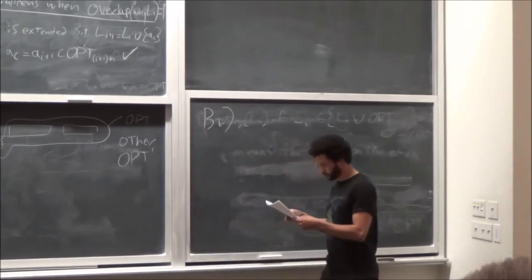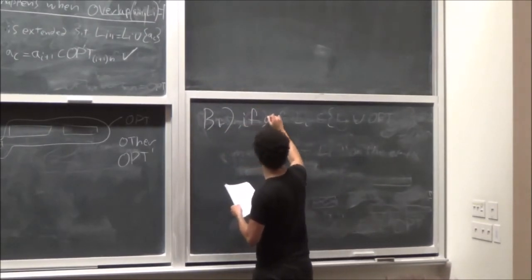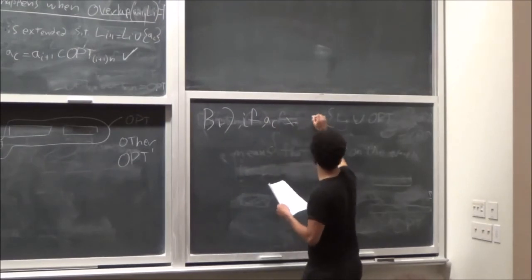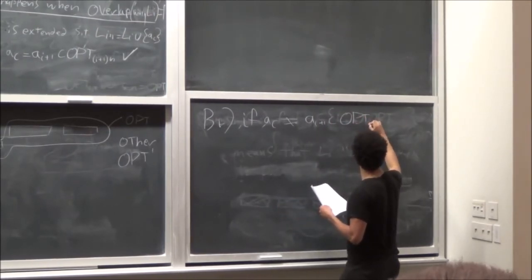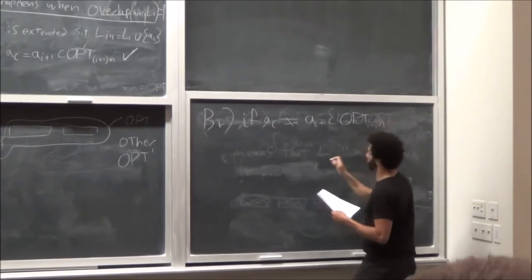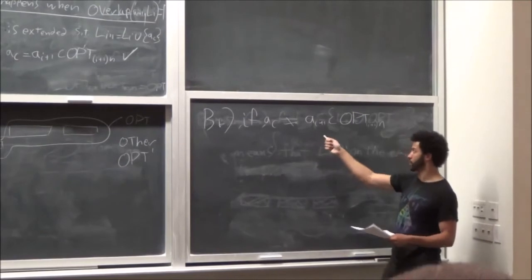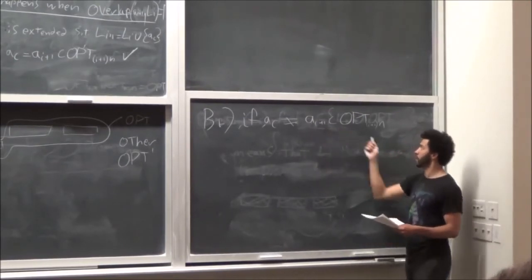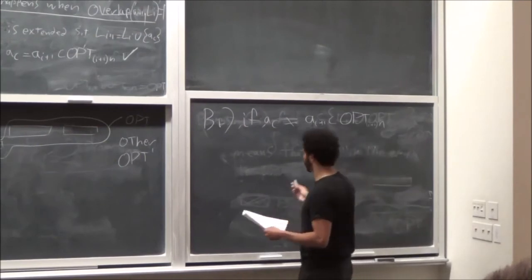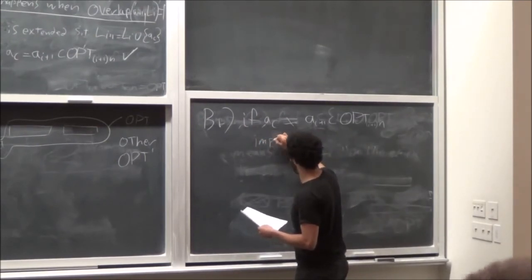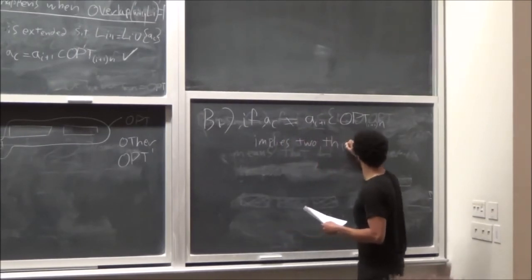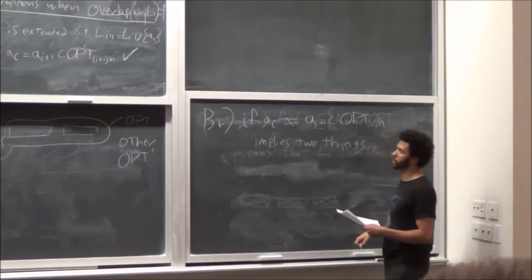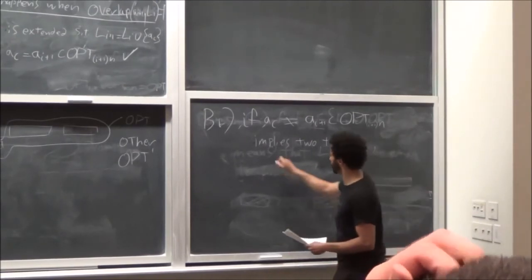Yeah, so case B is, broadly speaking, if AC is not equal to AI plus 1, which is in OPT, I plus 1 to n. So now we're considering the case that the chosen action is not equal to the next item in the optimal set, right? And so what does this imply? This implies directly two things. Can I use 1 and 2 again? We haven't used any numbers yet. This implies that 1,